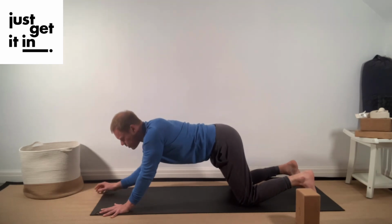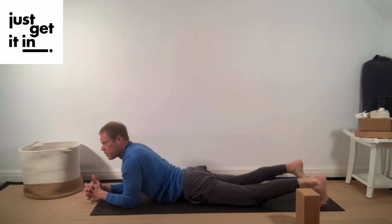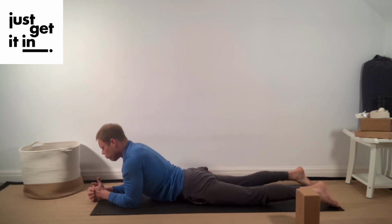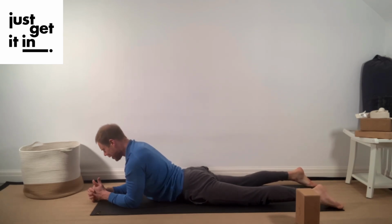Come into an easy sphinx with the hands interlaced. Just lift the feet, move them back, tops of feet to the floor. And rather than massively lifting the chest up and forwards and creasing the neck and looking forwards and up, I want you to just drop the chin slightly, a little bit of pressing down through the forearms. You're looking more towards the kind of wrist region, thumb region,